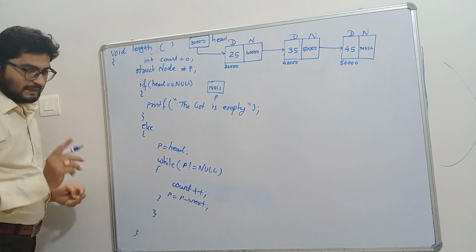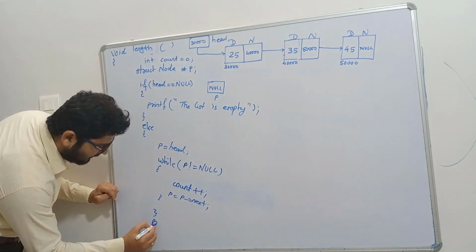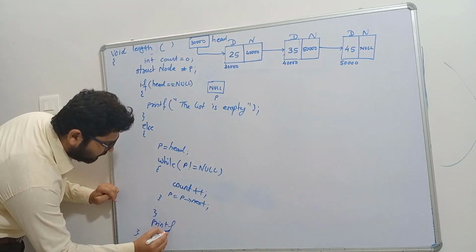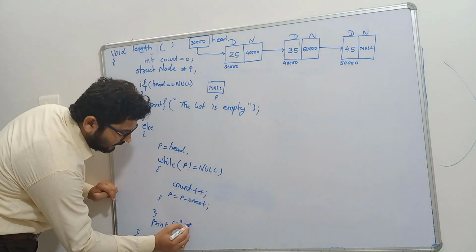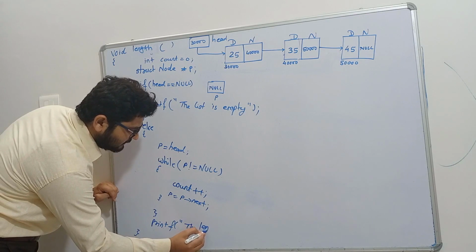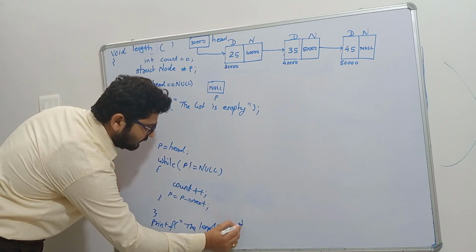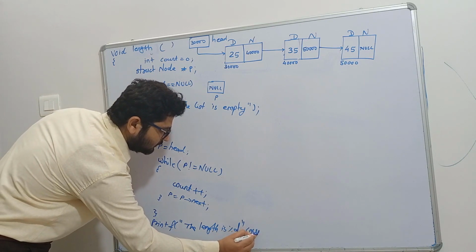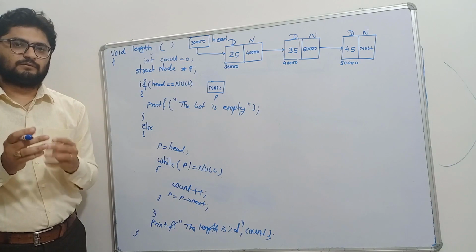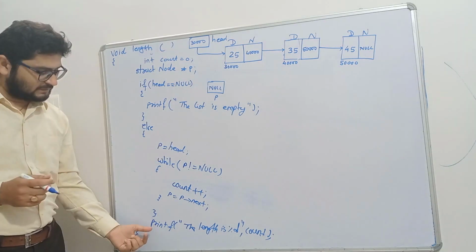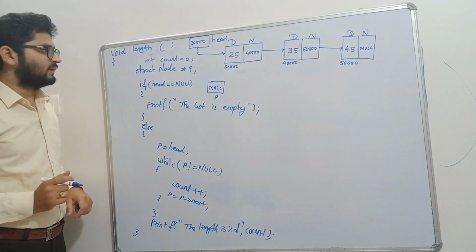And after that, I will make one more change. I will write here after the else part, right? Before the function closes and after the else, I am writing the length is %d, and here I am printing count. After getting the length, we have to just print it, right? So that's why I have used the printf function for that. Now let us see how this code will run.